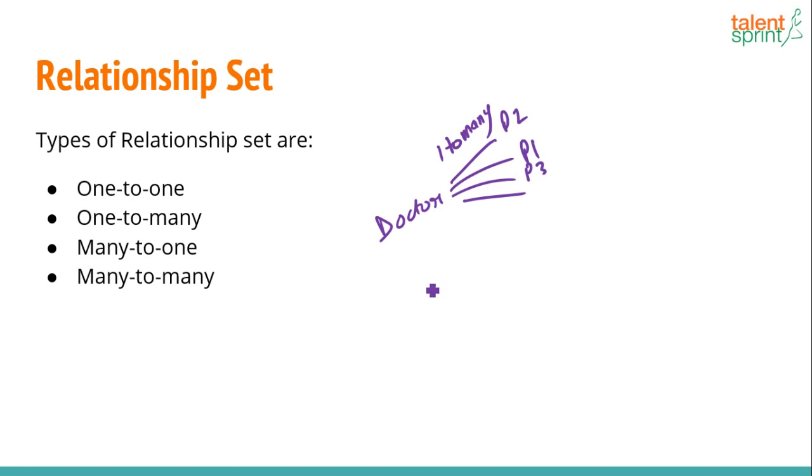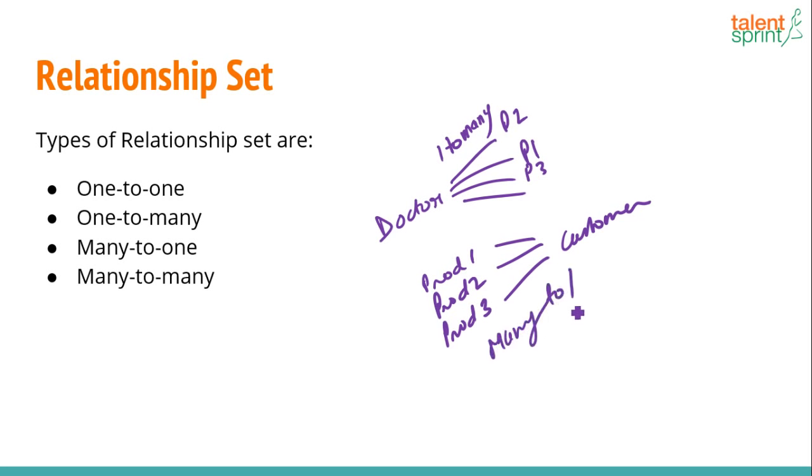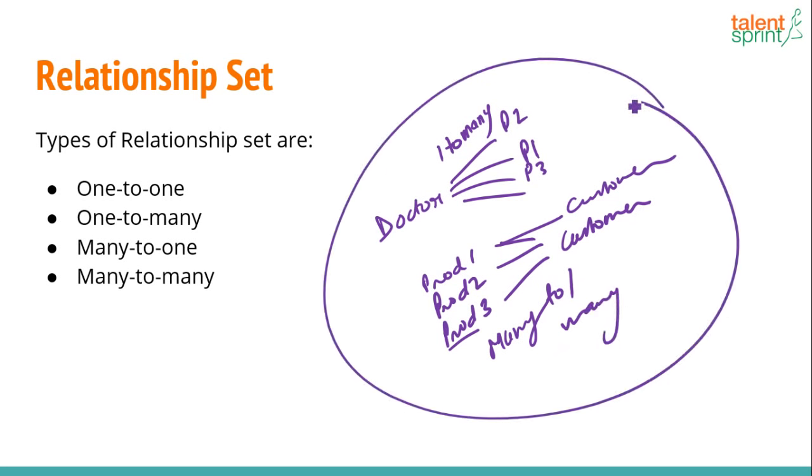Then say many-to-one relationship, you can think of an example like that. So multiple products, say product 1, product 2, product 3 can be bought by a single customer. So there can be a many-to-one relationship, right? Many different products can be bought by different customers as well. Correct? It can be a many-to-many as well. So depending on your requirements and the specifications of the situation, you can decide whether you want the relationship to be a one-to-one, a one-to-many, a many-to-one, or a many-to-many. Different types of relationships. Okay?